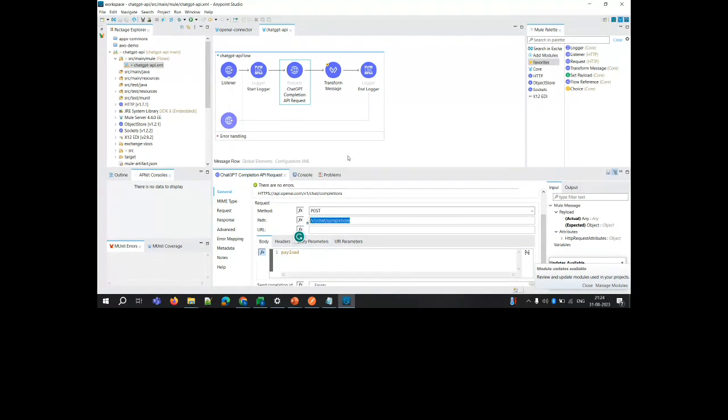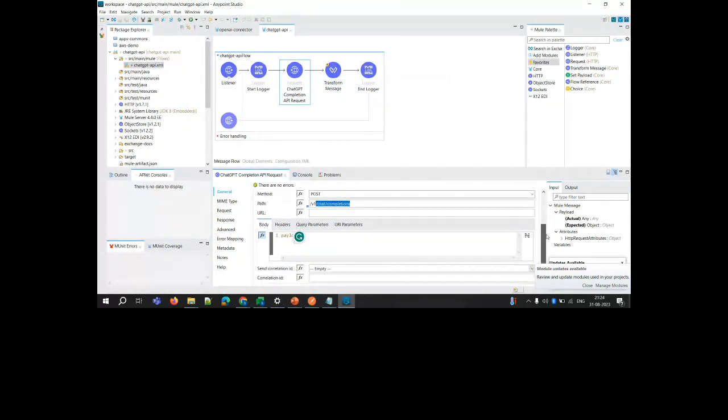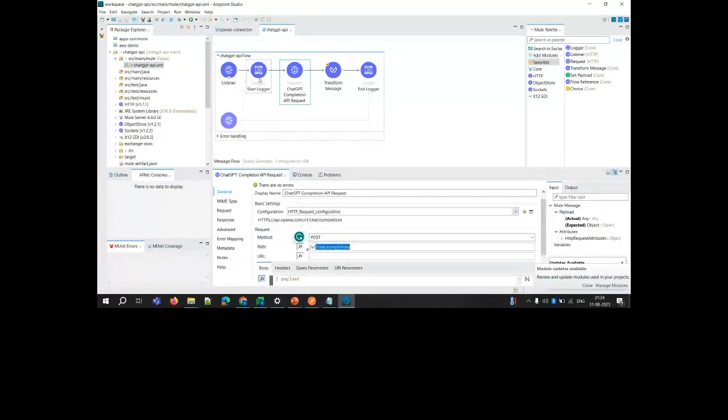And let's say we want to generate an image. Then you will use the image endpoint, slash image slash generation. So those endpoints you have to configure based on your requirement. And now what we are doing, we are passing the body